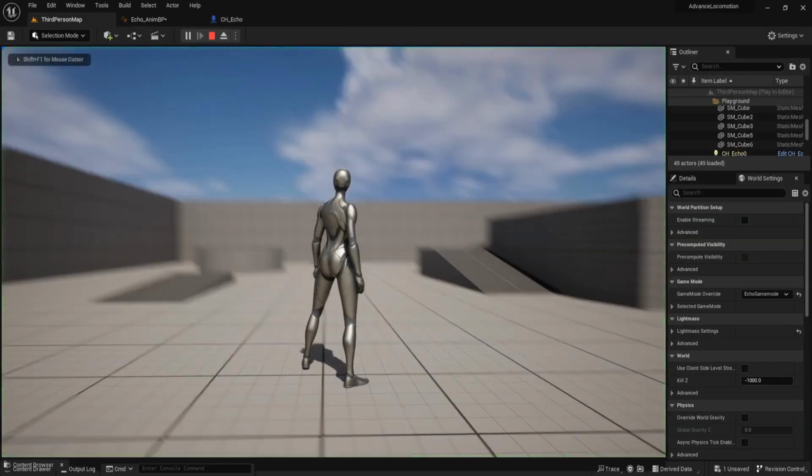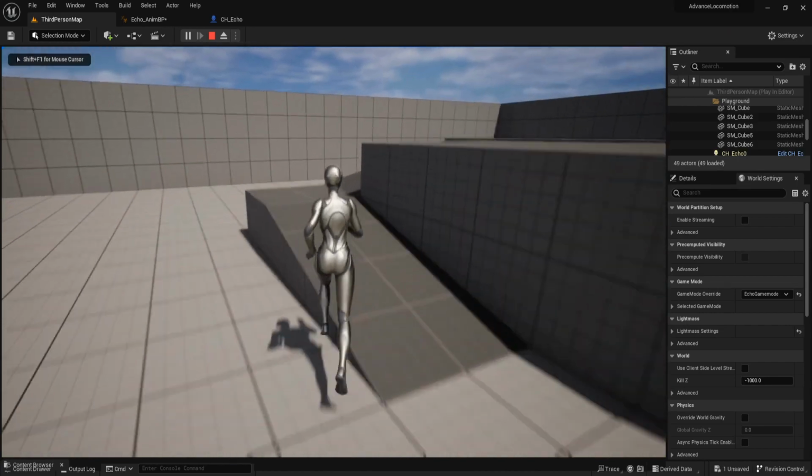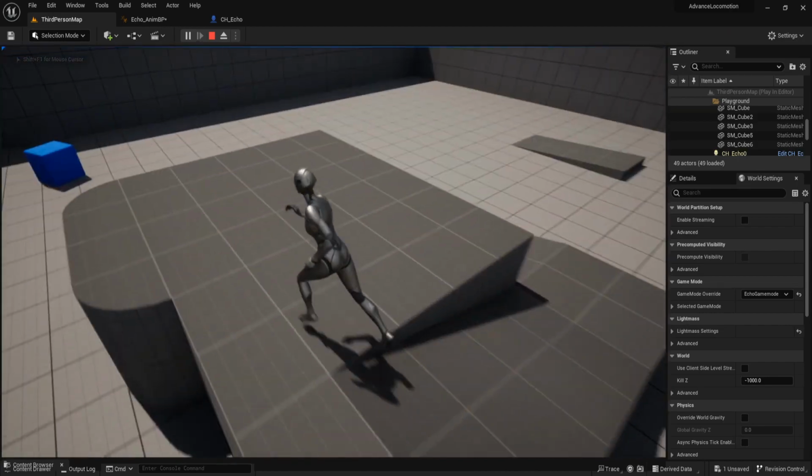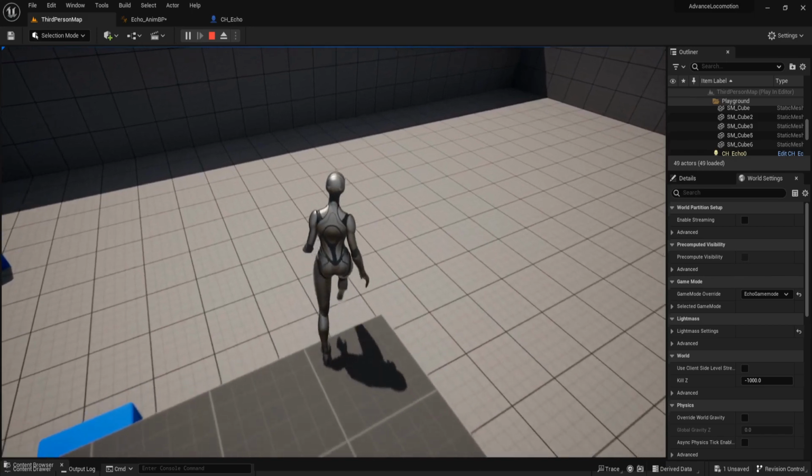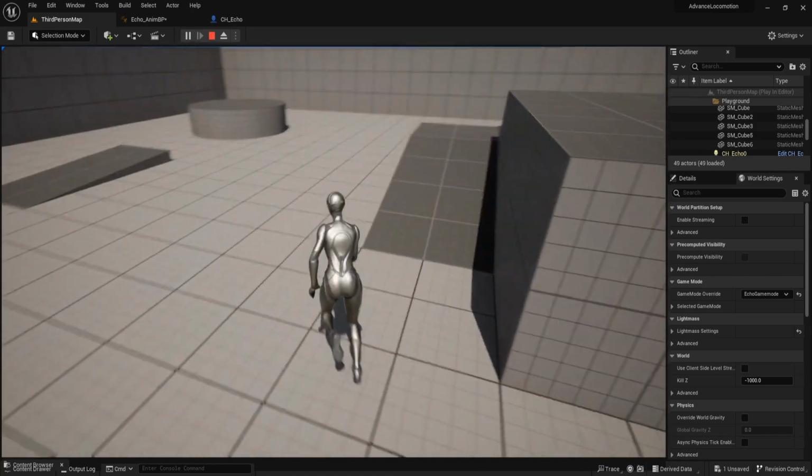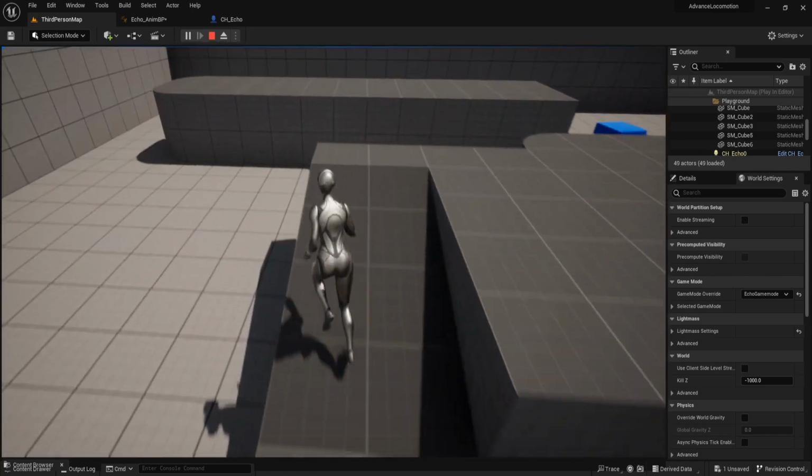Display text. Run to this top and then fall down. Now we have the fall down animation.